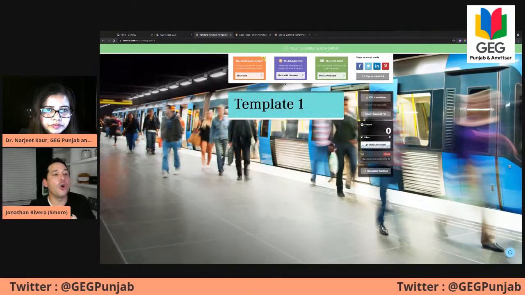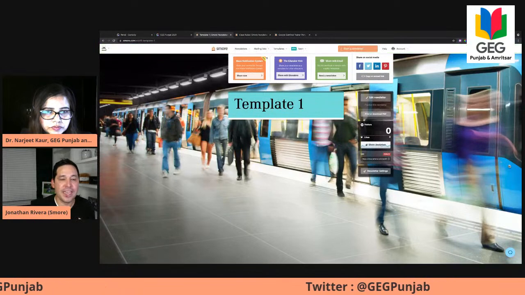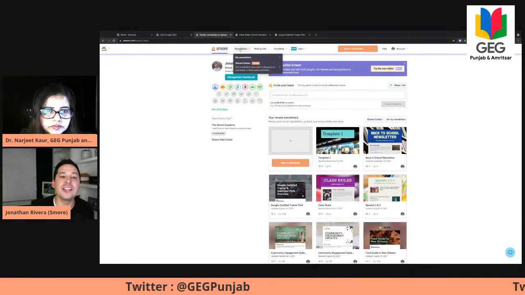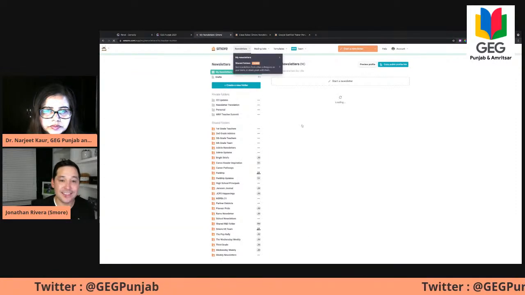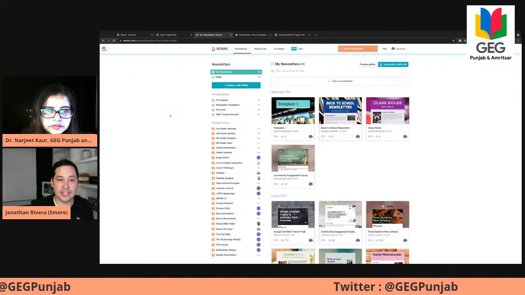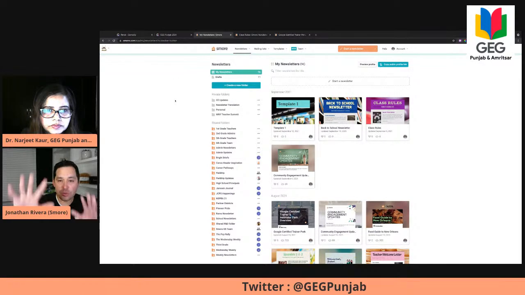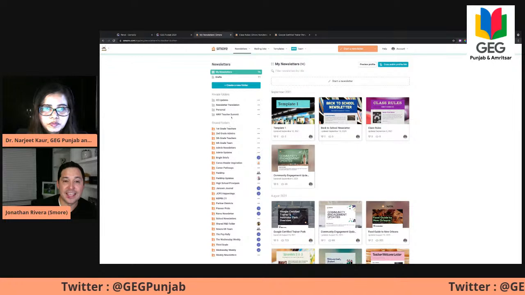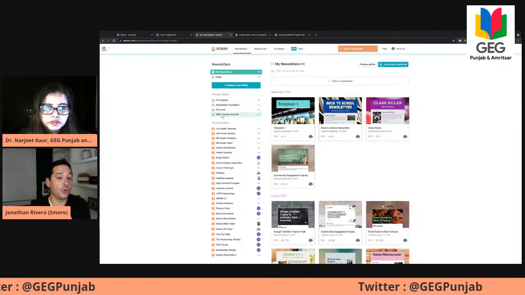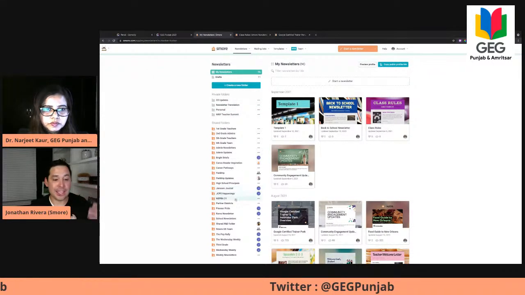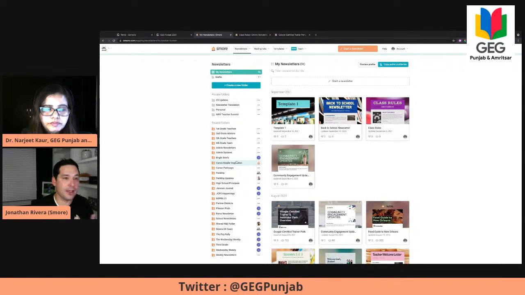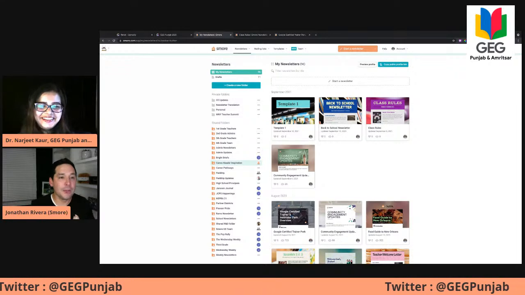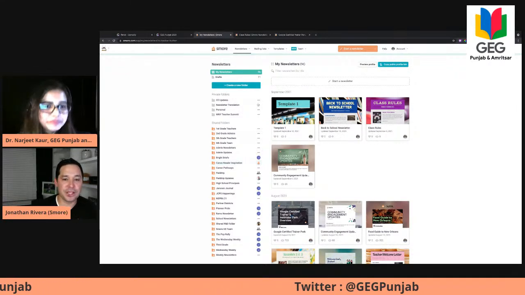Now, when I go back to my dashboard, and I click on newsletters, and this is something we're jumping ahead a little bit, right? But when I click on newsletters, this is where I have all of my newsletters, and I can create folders on the left-hand side. And this is where you could create maybe a folder and call it my templates, or primary school templates, or something like that.